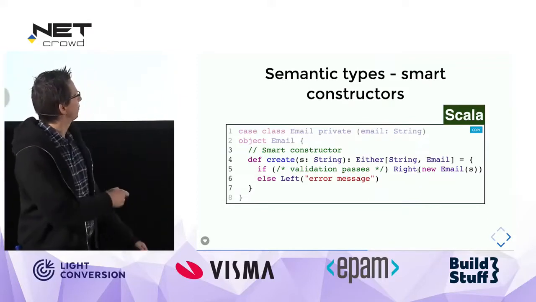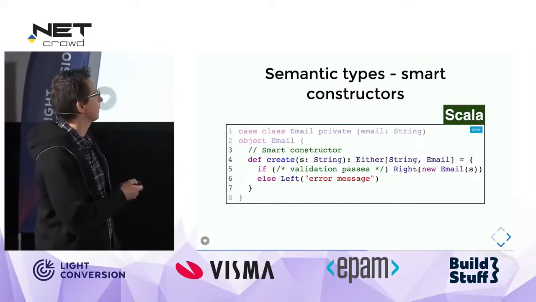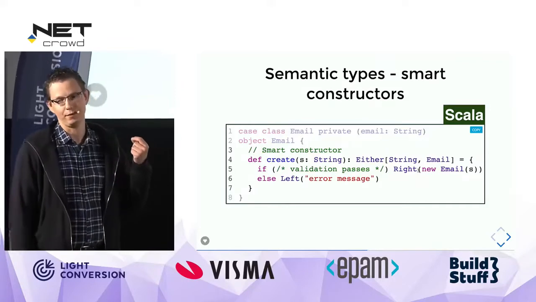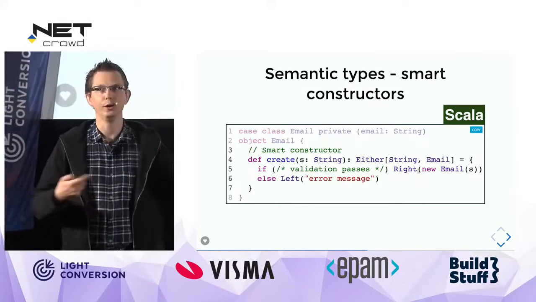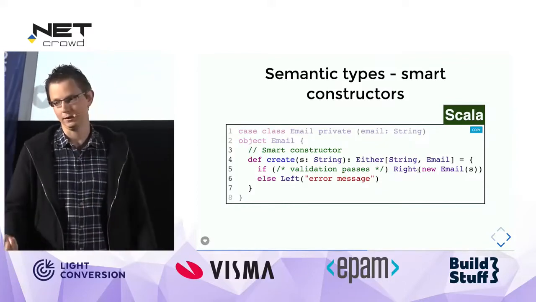Well, yeah, you should probably have an error as well here. But the idea is, because this is immutable, once you have an email value, it is validated, because there is no way for it to be constructed in a way that it's invalid.